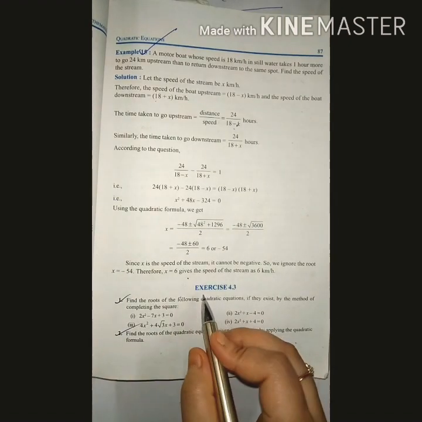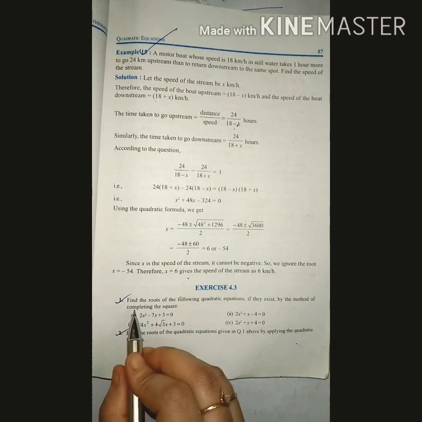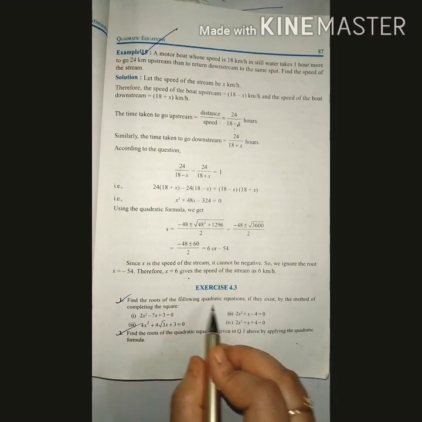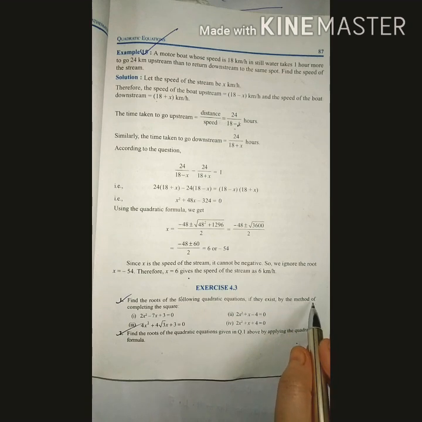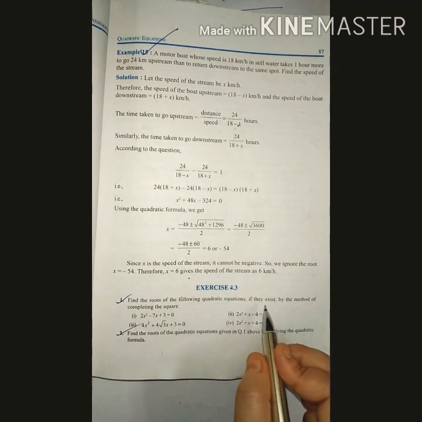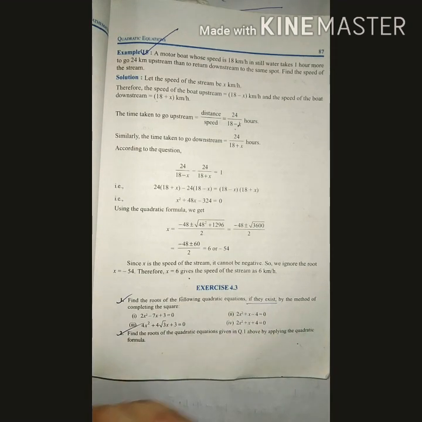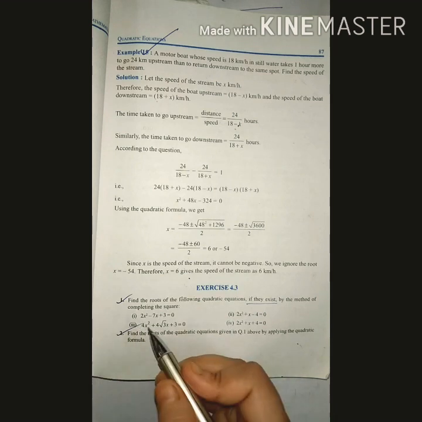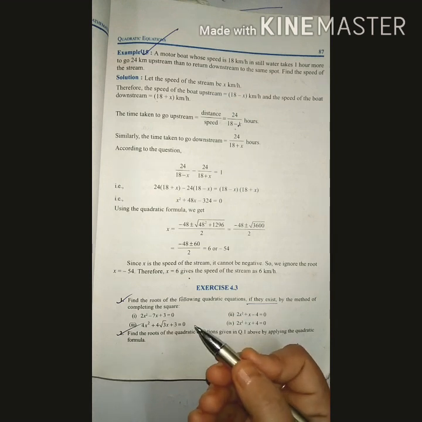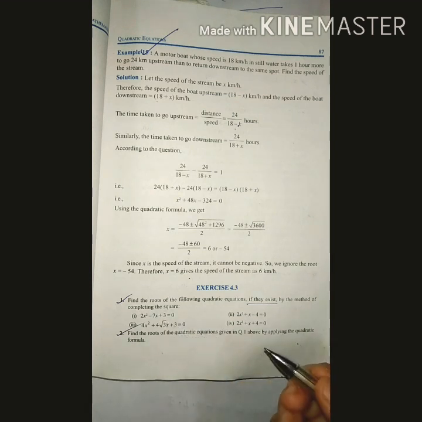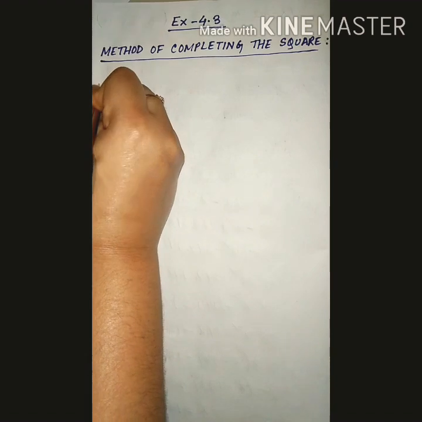So students, you see exercise 4.3. Find the roots of the following quadratic equation if they exist by the method of completing the squares. If they exist, you have seen what you need to do. You need to check it first, and then if you will get real root, then find it out, and if no real root, then you just write at last that this equation has no real root. Okay. So our first question is